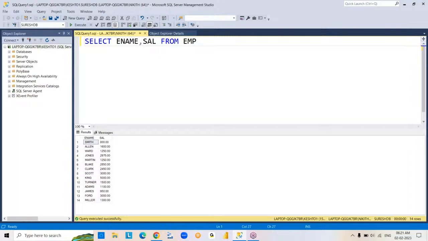All e-names, all salaries retrieved. Please check it. Right, and all e-names and all salaries retrieved. Next model,